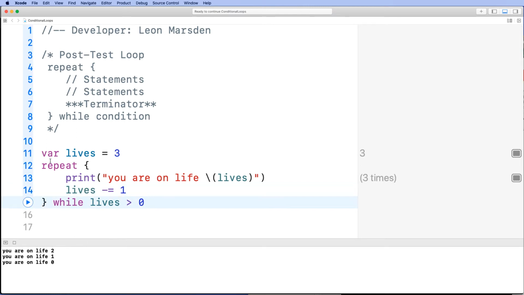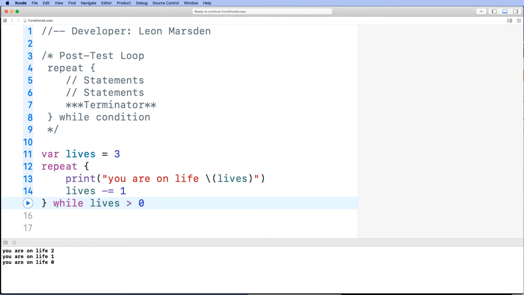Once again, to point out, in a post-test loop, you don't need to prime it to enter the loop. In other words, it's got to be true to do it. Post-test loop will run at least once, where a pre-test loop may never run at all if the first condition is not met. So let's have a look at a post-test loop with a decision structure in it to activate